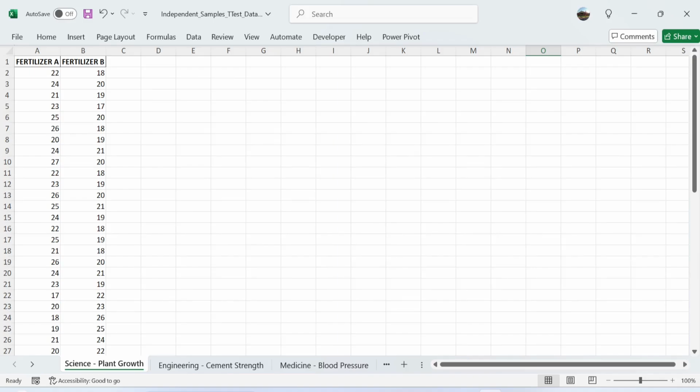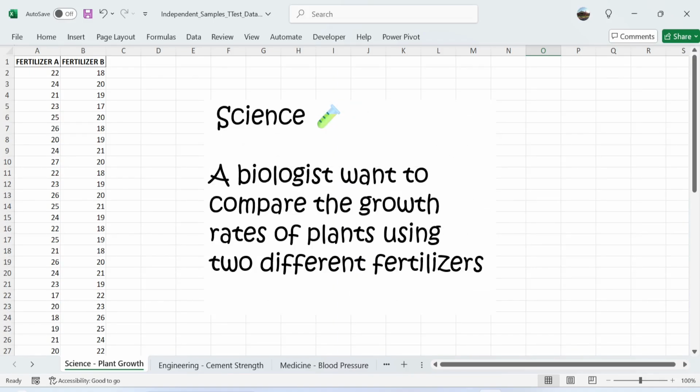So let's take our first example from the field of science. A biologist wants to compare the growth rate of plants using two different fertilizers. Now what the biologist will do is that he already has the two different types of fertilizers. He will get some plants, let's say 100 plants. Then he will divide these plants into two independent groups. Then apply the first type of fertilizer to group 1 and apply the second type of fertilizer to group 2. Then in some weeks time or in a month time, you check the growth rate of the plant,